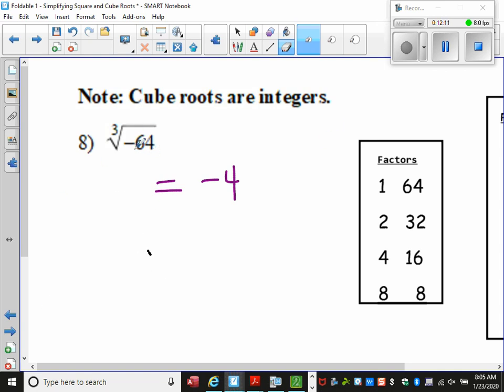So you can have a negative under the radical if it's a cube root, because you can multiply 3 negatives to get a negative. However, you cannot multiply 2 negatives to get a negative, right? So let me do